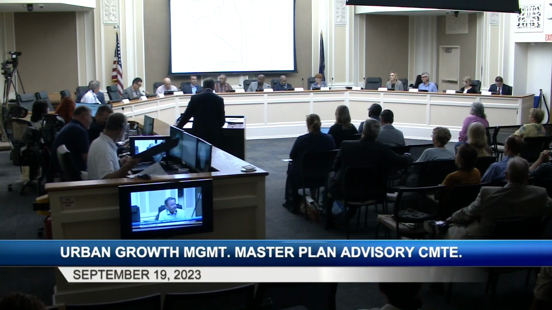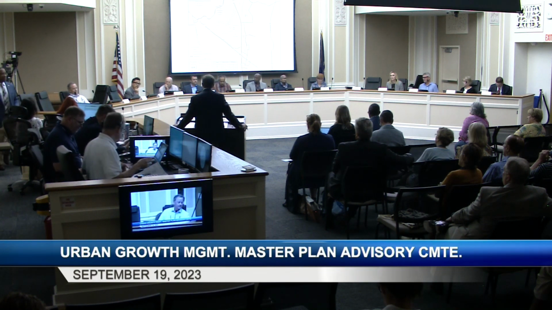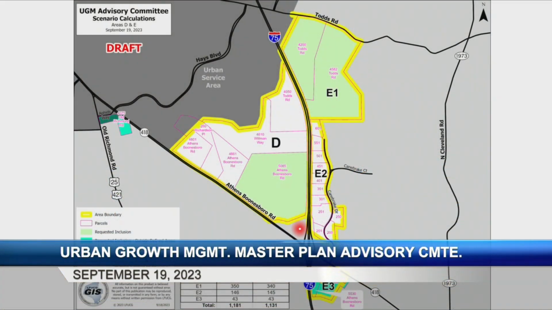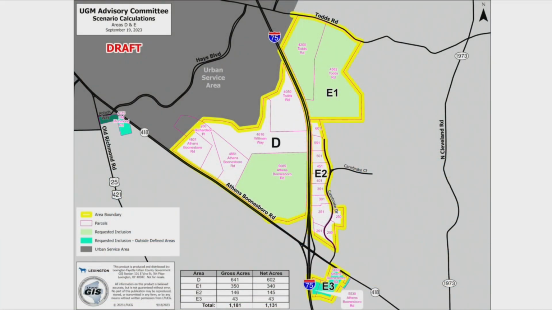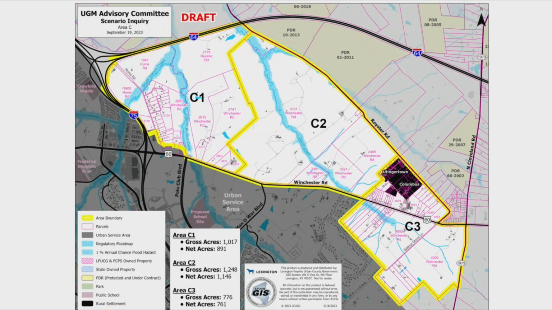Thank you, Mr. Phillips. Vice Mayor Wu? Thank you, Chair. I just wanted to ask a couple clarifying questions, Director. That southeast corner of D that is not included, it's basically that little triangle at the corner of 8th and Boonesboro and 75. What is the reason that that's not part of the consideration area? That is presently part of the Blue Sky Rural Activity Center. So that's already included in the Blue Sky Rural Activity Center, just as property across the interstate is as well.